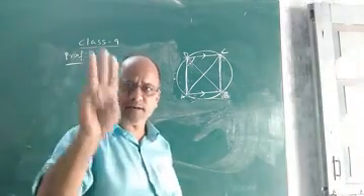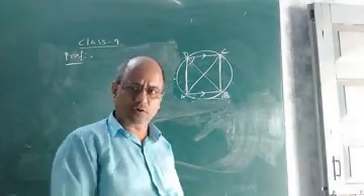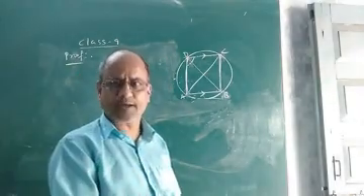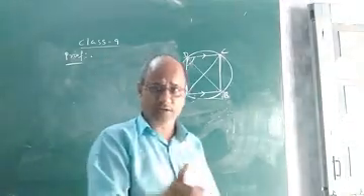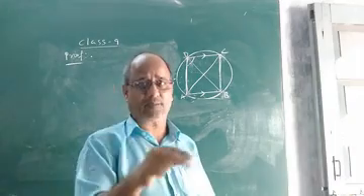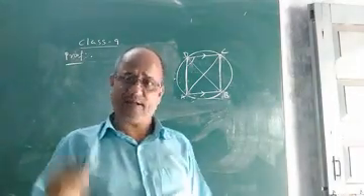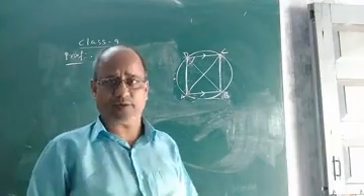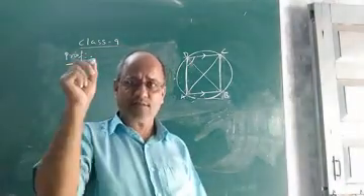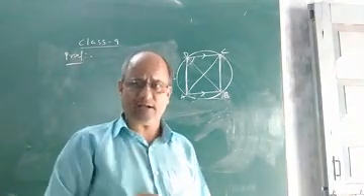Three matching parts are needed in order to prove two triangles congruent. Do you know what three matching parts means? Either corresponding sides or corresponding angles of two triangles. We have to show the equality of three pairs of corresponding sides or corresponding angles of the two triangles. Only then is it possible that the two triangles will be congruent, by some congruence condition like RHS, SSS, SAS, ASA, AAS, etc.